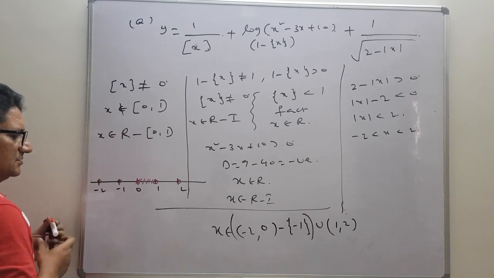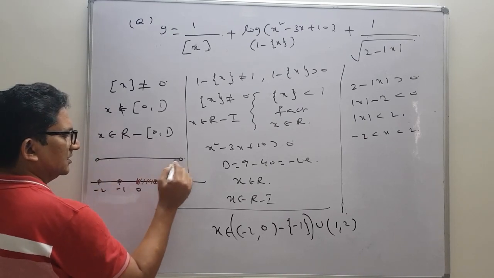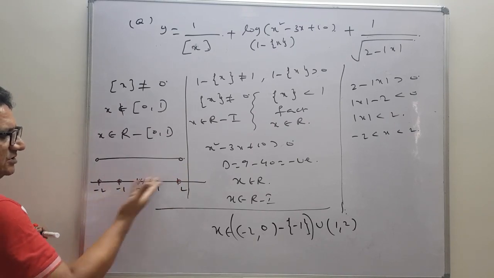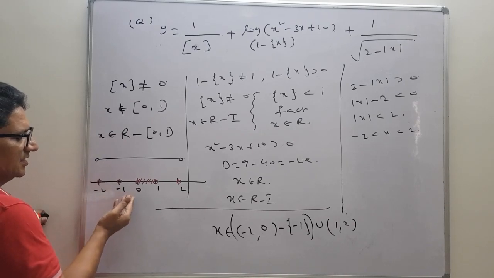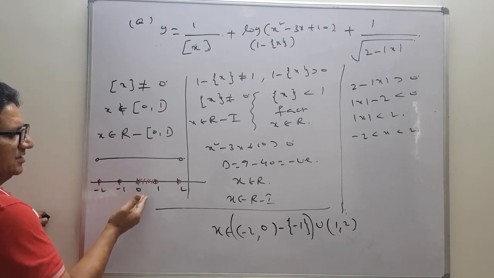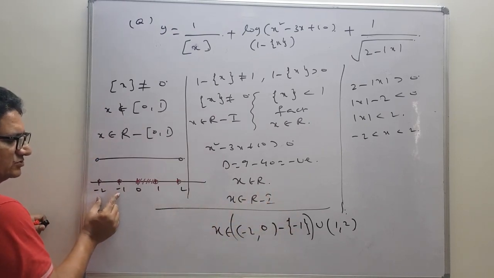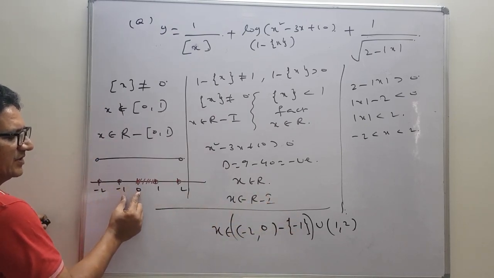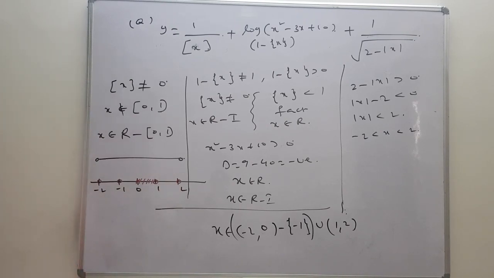So now here, minus 2 to 2 is one part. Between minus 2 and 2 we need to eliminate all these red things. So minus 2 to minus 1, and if you want you can include that one between minus 1 and 0, which I have written directly. If you want you can write minus 2 to minus 1 union minus 1 to 0 union 1 to 2. That is your final result.